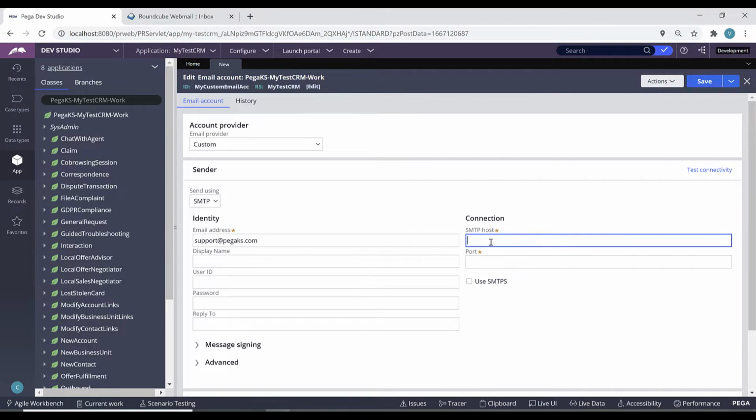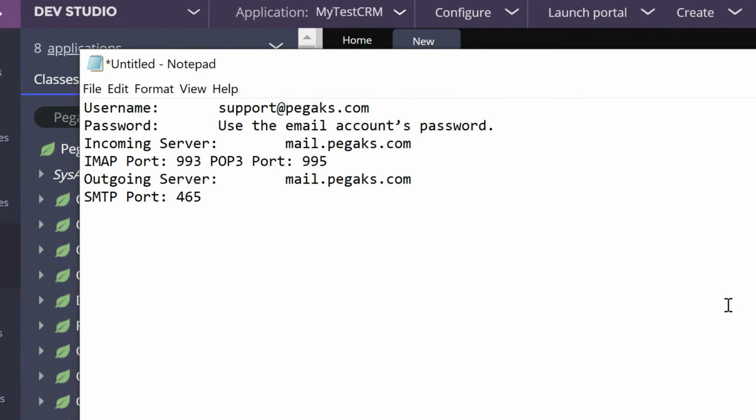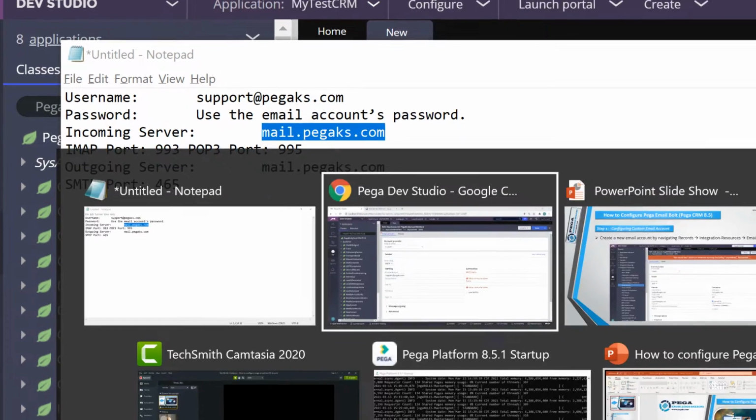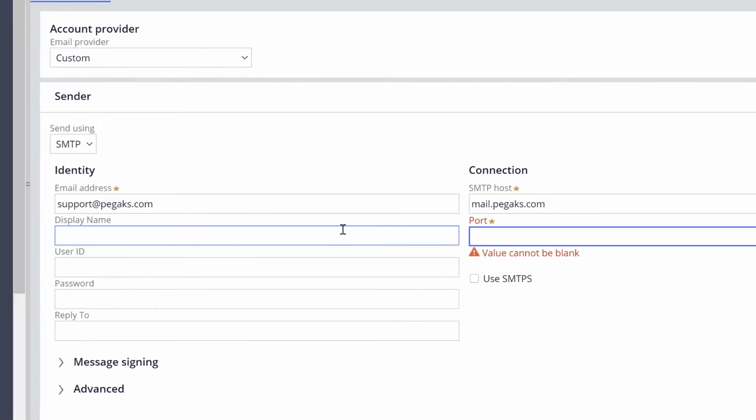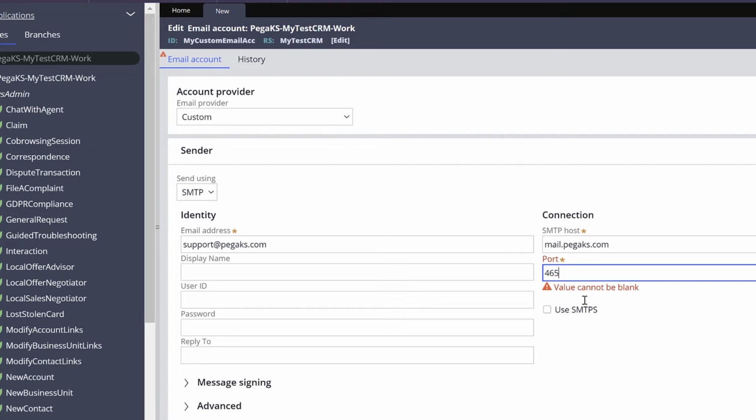Now the host and port details, your domain provider will provide those details. So here are my details. My SMTP host is mail.pegaks.com. The sender is outgoing and the receiver is incoming. So my outgoing server port number is 465.